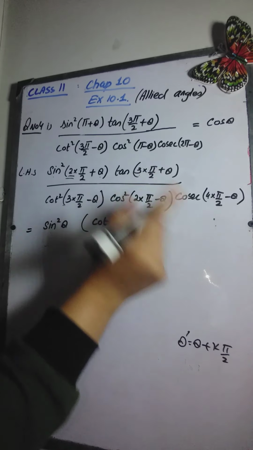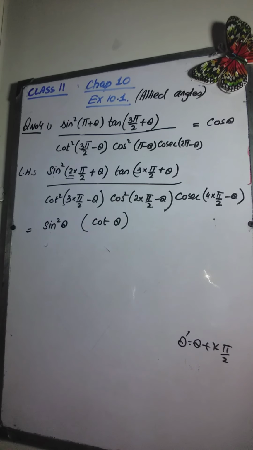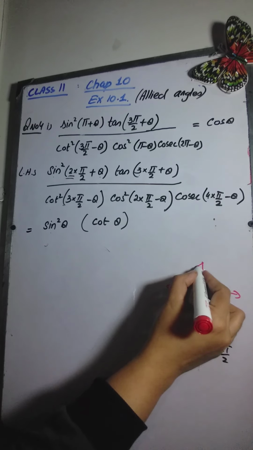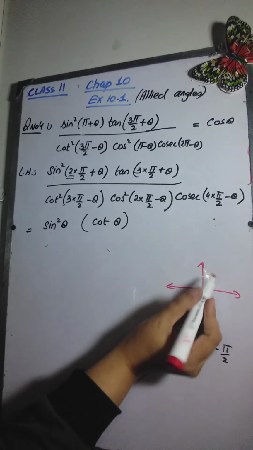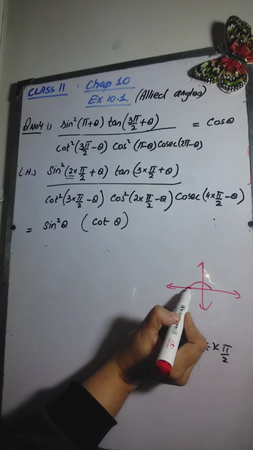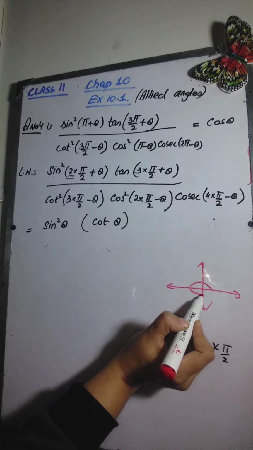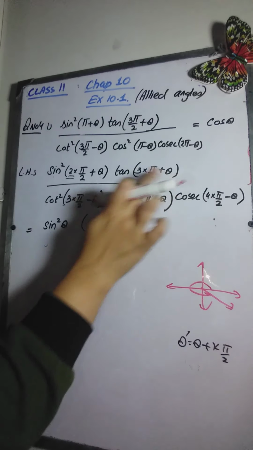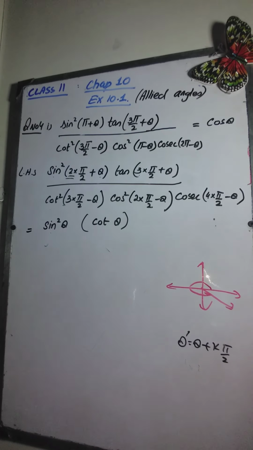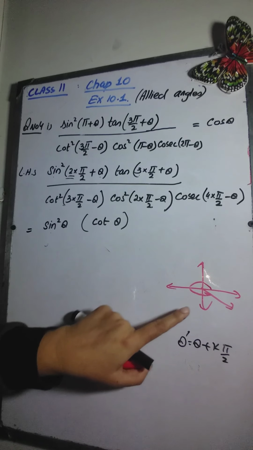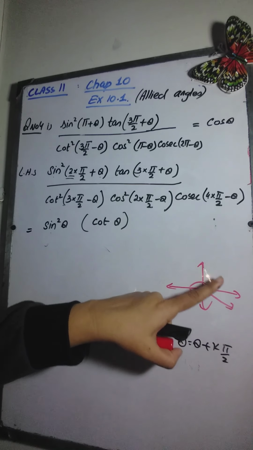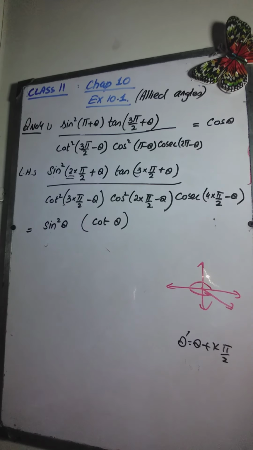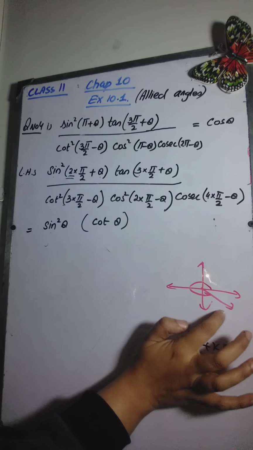3 times pi by 2 plus theta means this angle is going to be in which quadrant? 3 times pi by 2 means 1 times pi by 2, 2 times and 3 times. Plus theta means you are adding something to it, so you are going to move into the next quadrant. This will be an acute angle. Whenever we have an unknown angle, we take it as an acute angle, so you are not going to cross this quadrant and reach the first quadrant. This will be 3 times 90 plus theta. Theta will be an acute angle, so you are going to remain in the fourth quadrant.